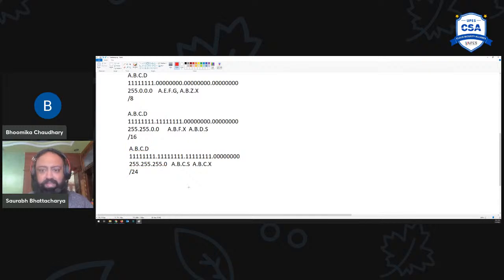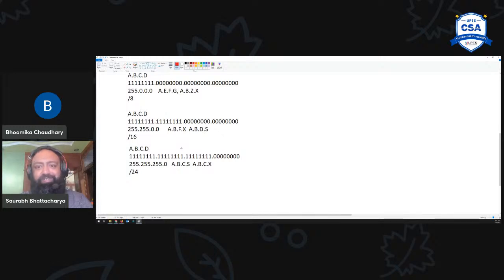What do you mean by that? It means that the first 3 parts are reserved for network. Only the last part I can change. So for example, instead of A.B.C.D, if I put a number like 10.0.0.0 and I say /24, the first 3 parts, 10.0.0, will always remain constant. And I can choose the next IP as 10.0.0.1 or 10.0.0.2,